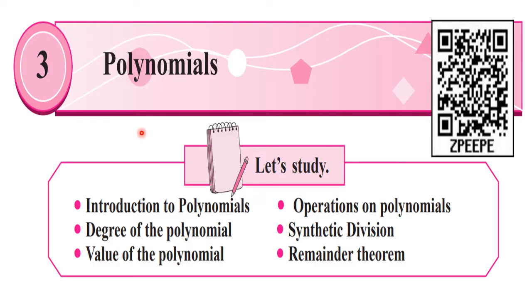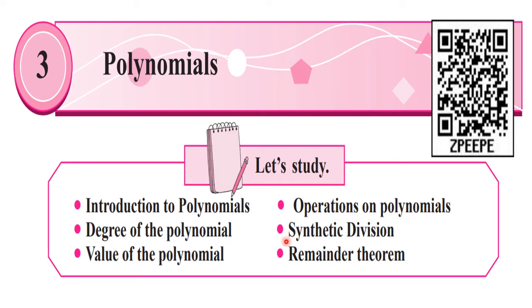In this chapter we have discussed all the topics, that is, what are polynomials and their types. Then we saw the concept of degree of the polynomial. Then we have seen the polynomials with only a single variable, where degree is the highest index present. Then we saw operations on polynomials, that is addition, subtraction, multiplication and division of polynomials.